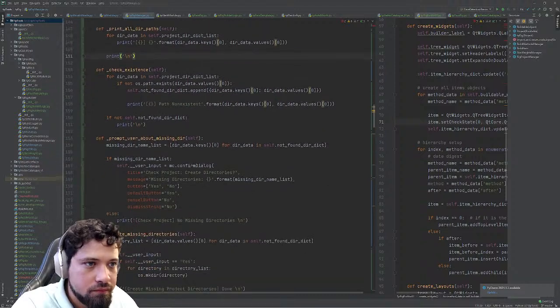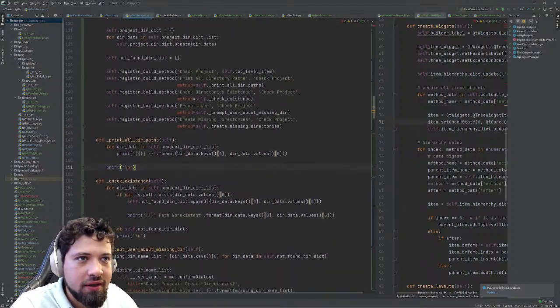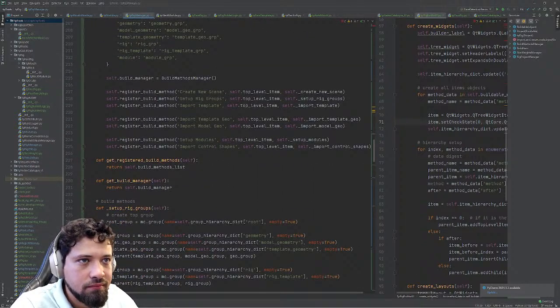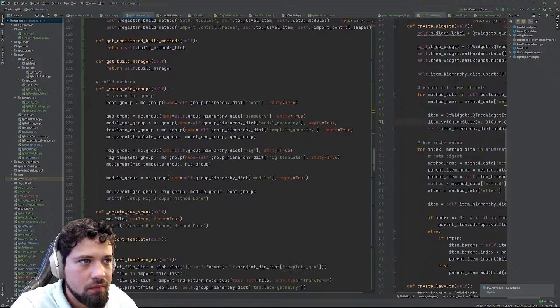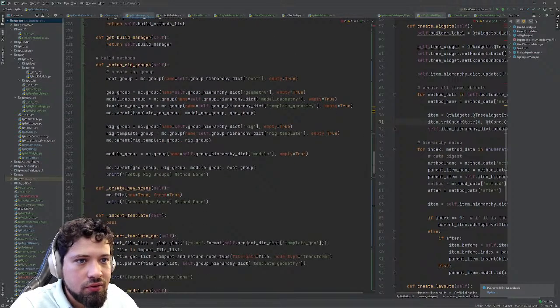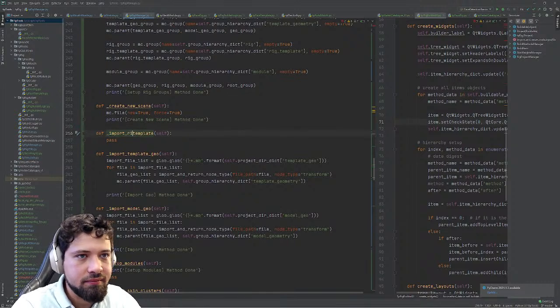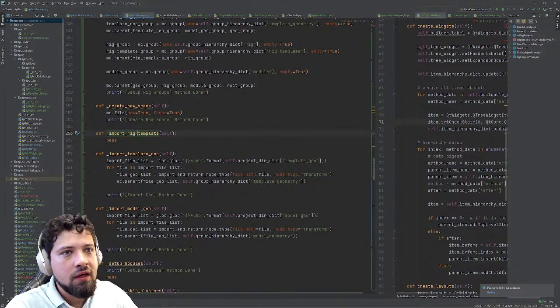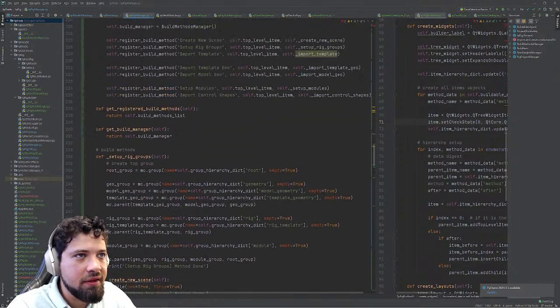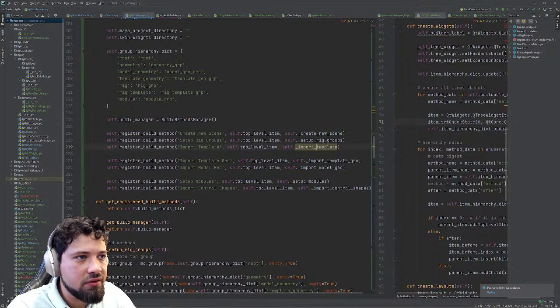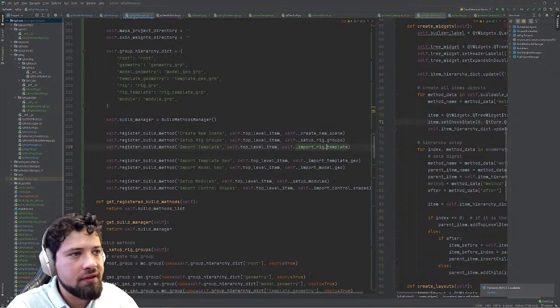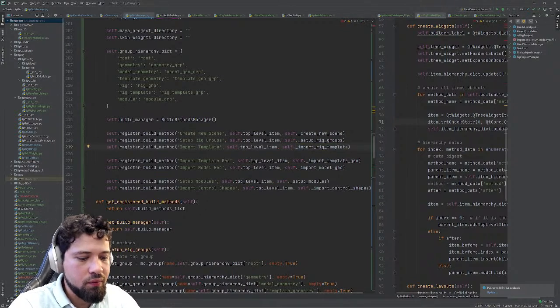All right. So let's import that. So import template, import rig template. Let me see if this is being added as a register. So import rig template, import rig template, and